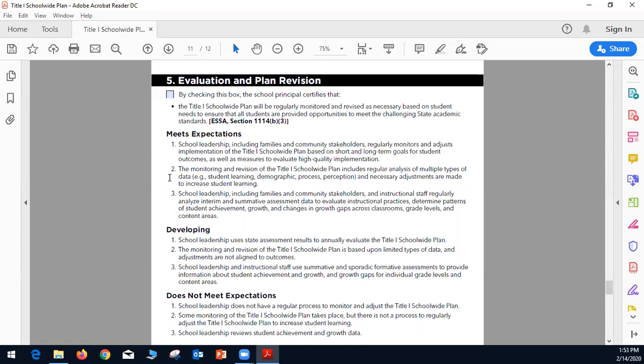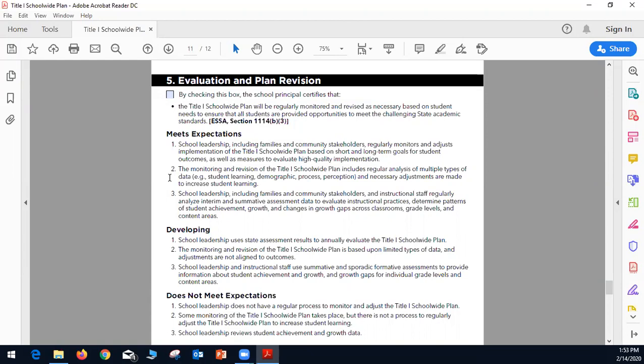We'll go back to the meets expectations section, and a well-written plan will indicate that the monitoring and revision of the Title I school-wide plan includes regular analysis of multiple types of data, for example, student learning, demographic, process, perception data. And necessary adjustments are made to increase student learning.